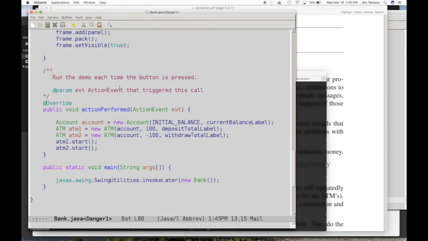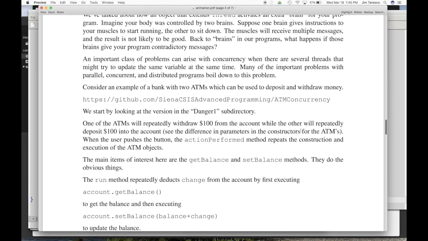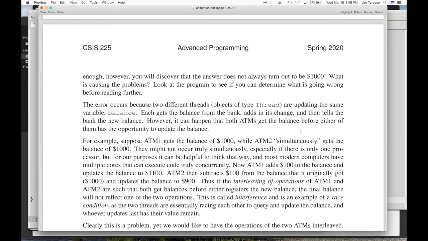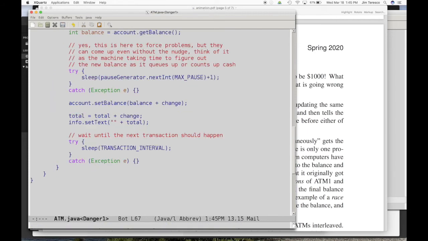And the problem here, as you might have guessed, is described in the notes here. So try to take a look at the code and see where you see a problem before you look at the notes or listen to the rest of this video. So if we look at the ATM here in Danger1,